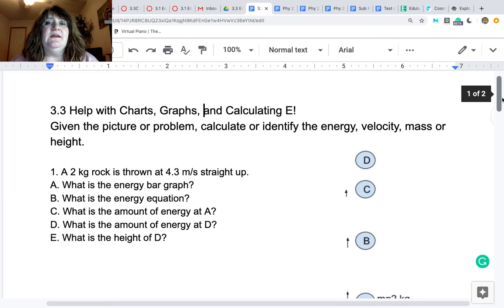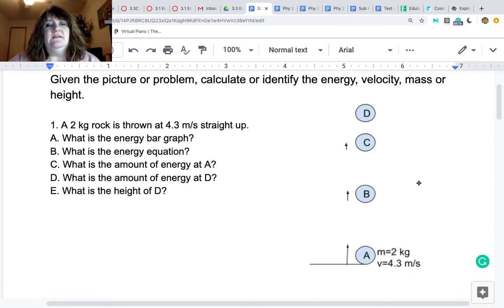It's 3.3, help with charts, graphs, and calculating energy. So you're going to be given a picture or a problem, and you need to calculate or identify the energy, velocity, mass, and/or height. So in problem number 1, you are given